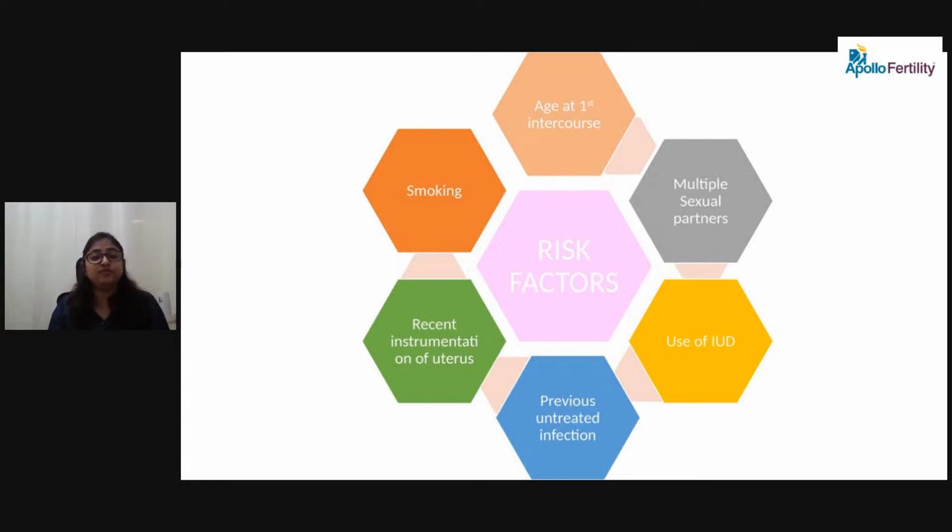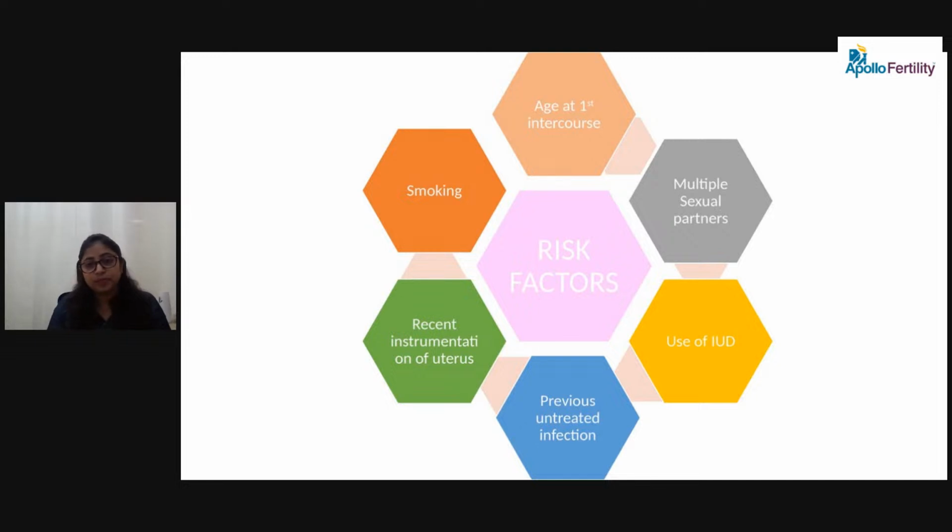But if there is any foul smell associated with that, or any itching, or a change in color, like yellow, green, or a white, curdy consistency, these are all signs that the infection is not normal, the discharge is not normal, and it is because of some infection. You need to visit your doctor to treat that infection, because if it is left untreated, the infection can travel up and involve the uterus, tubes, ovaries, and can cause multiple